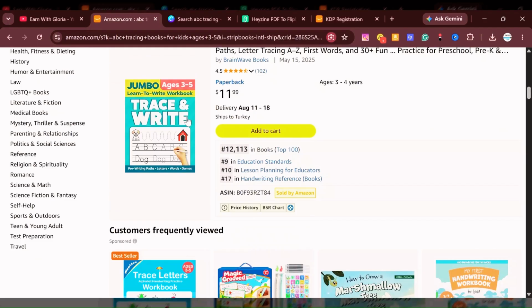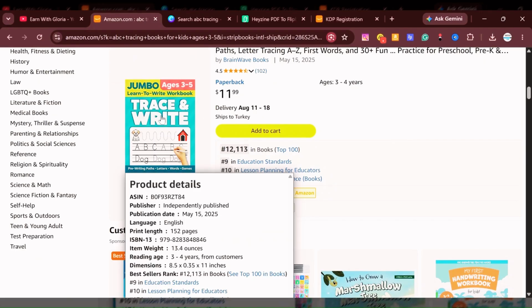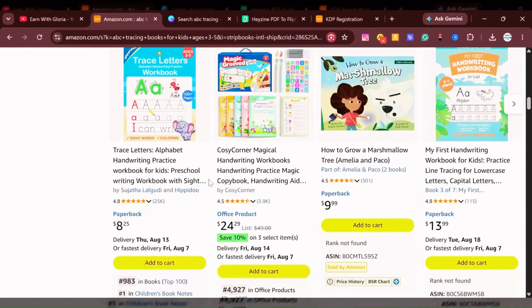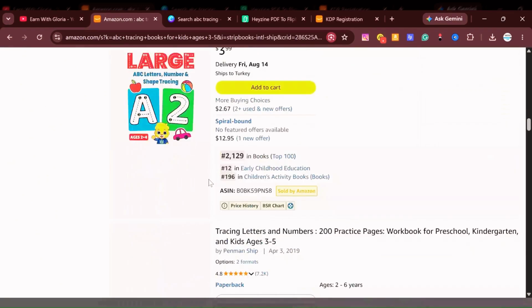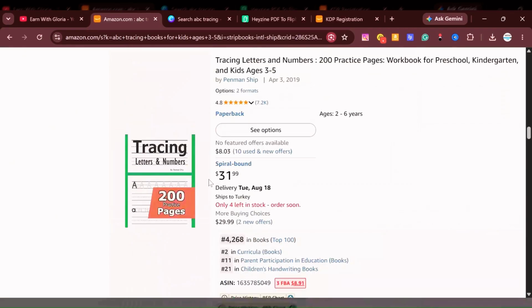They have nice covers. Remember, before anybody buys your book, they don't know what is inside, but if they see that the cover is nice, that in that way it will attract them to buy your book. So you should also keep note that your book also must have a good cover. And the reason why we come here to do our research, so that we can know how many pages should be inside our book,